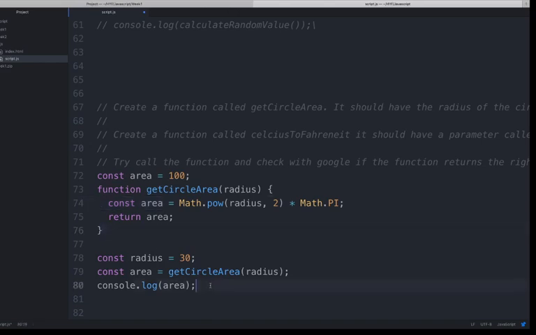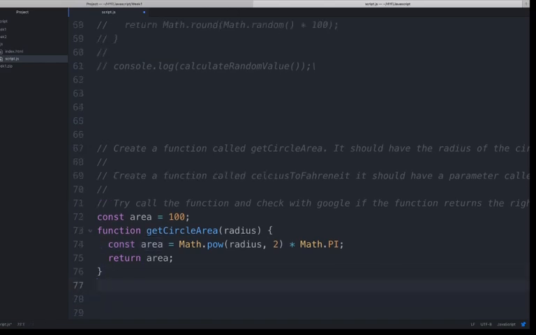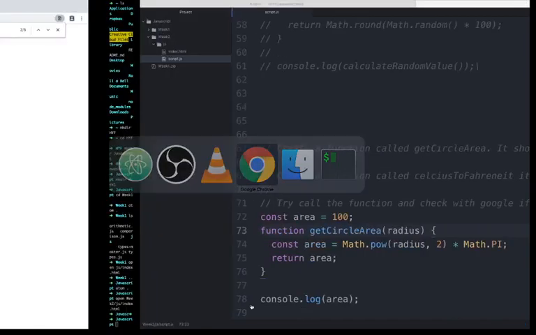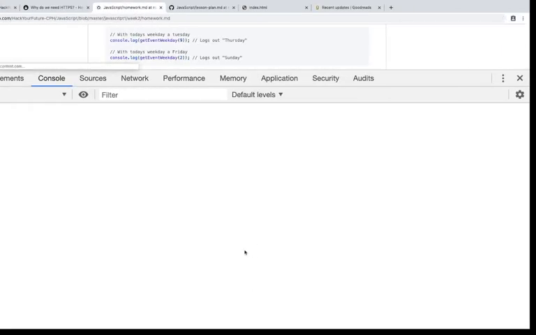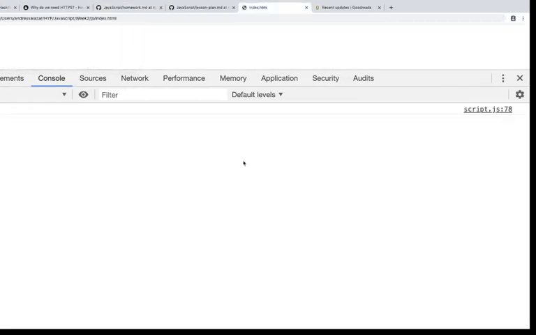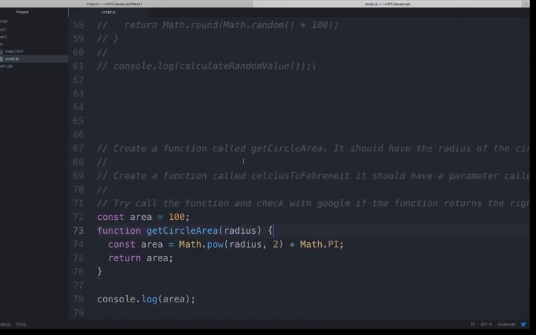And so I'm just going to be logging area right now. Where is this console log? In which scope is the console log? So in the global scope, right? Let's just verify that we're doing, not here. So in the global scope, it's 100. And in here, because it's a different scope,